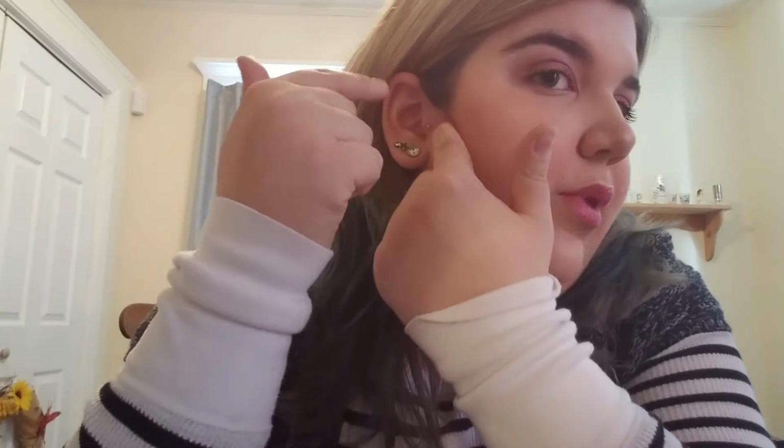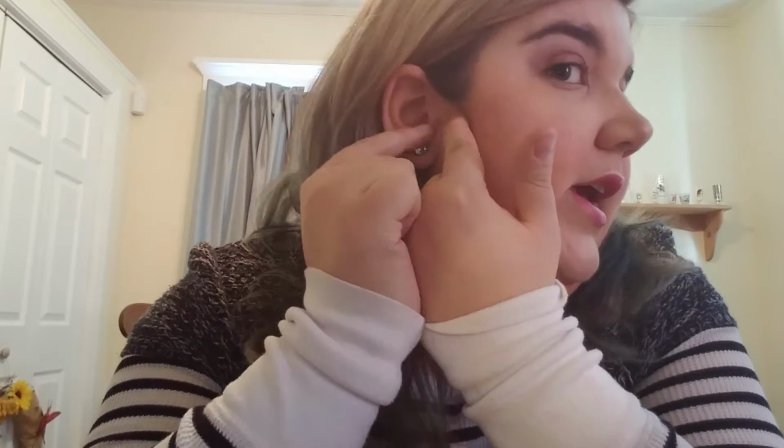So when he first put in the marking for it, he had it a little bit closer to the edge, but I just thought that looked a little awkward, and I wanted him to put it just closer to my face, a tiny bit more. I'm so glad he did, because when I feel the back of the jewelry, because it's a flat piece and the circle's right on the edge of the actual tragus, I feel like if he had put it where he had originally wanted to, the back would be peeking out, and that just would not have been good. So yeah,